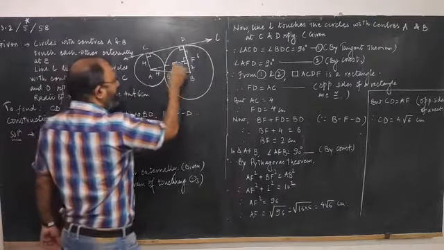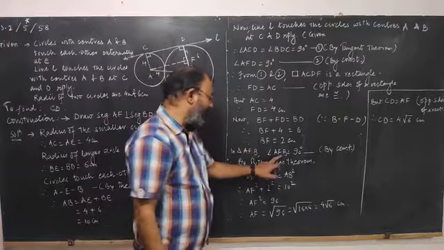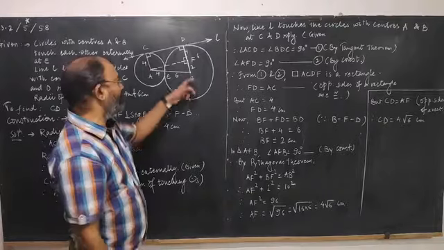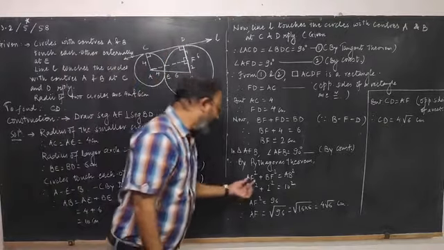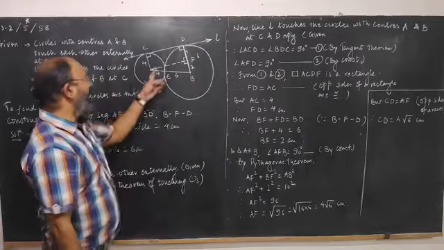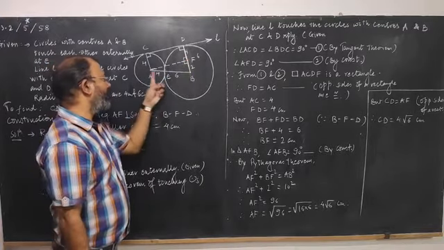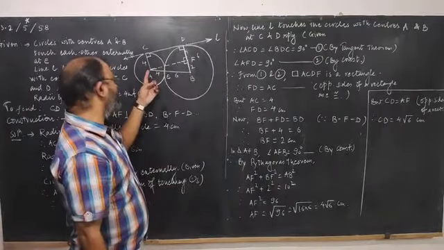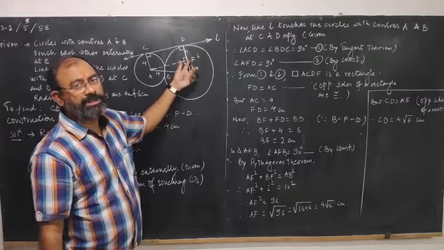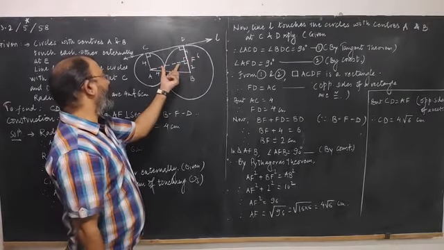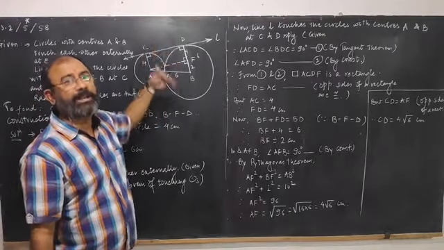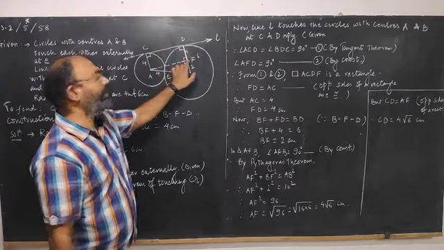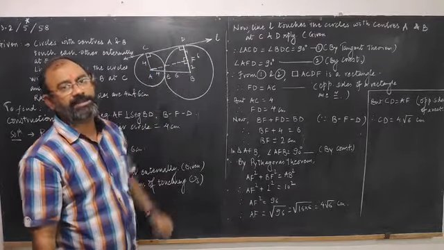Now you have a right triangle AFB. In triangle AFB, angle AFB is a right angle. By construction, we drew that segment perpendicular to radius BD. And therefore, by Pythagoras theorem, AF square plus BF square will be equal to hypotenuse AB square. Put the values. AF we want to find out. What is the reason we want to find out AF? If we get AF, we will get CD from the opposite side of the rectangle. So to find out CD, we will calculate AF, and therefore we have applied Pythagoras theorem in triangle AFB.